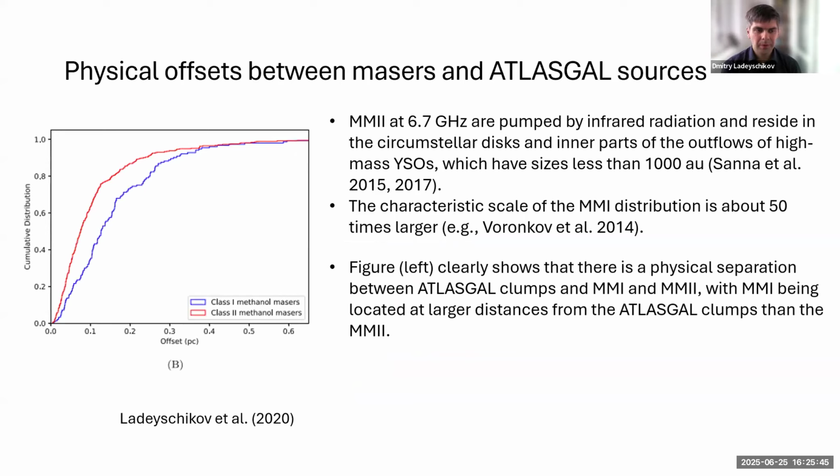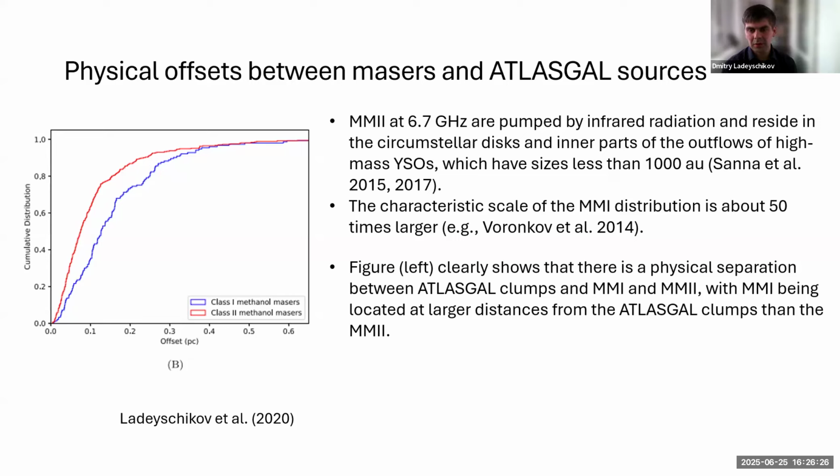In previous work, we analyzed methanol interferometric positions, and we found that class II methanol masers are much closer to the peak ATLASGAL position, but class I sources are much farther away. This is consistent with the theory where class II methanol masers are pumped by infrared radiation in the circumstellar disk and inner part of outflows, and class I masers are pumped by collisions,